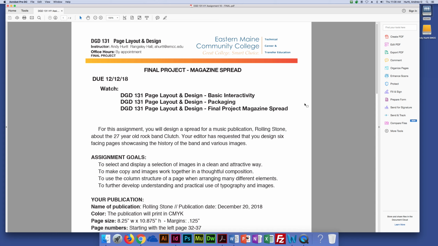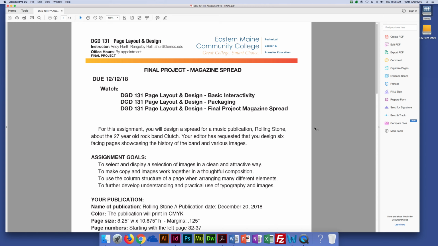The only extra thing that we're going to have to do is, unfortunately, unless they've changed it, I don't think you can package within a package. You can't have a PDF be an interactive PDF, so you'll just have to do an extra export for an interactive PDF, which I've showed you in the demo, but I can also show you when we get closer there too. So at the end, you'll have your final package, and then an extra interactive PDF, where we're going to be adding some navigation buttons to drive you from page to page within the PDF, and some live links that will take you to various locations, which I go over in the basic